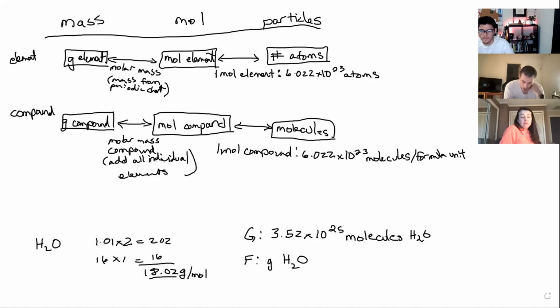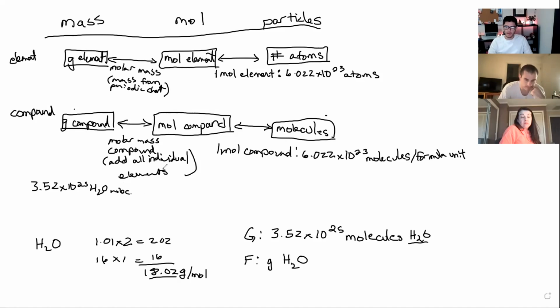Okay, so for this one, we are given the amount of molecules of a compound. So if I was to look at my flow chart, this is where my given information is sitting. I'm trying to find grams of the compound. So I want to end over here. So I need to take 2 hops or use 2 different conversion factors to get me from my starting point to my ending point. So start with our given information, which is this 3.52 times 10 to the 25th H2O